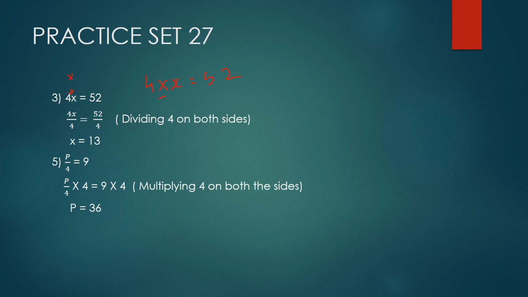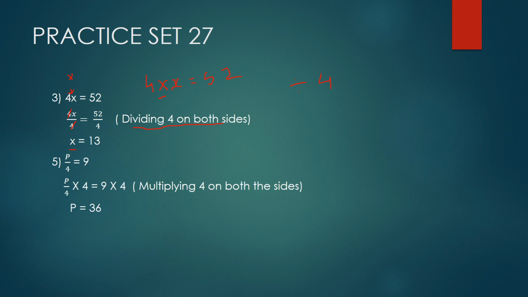So let's see now the way we were doing the previous sum. What is the opposite sign of multiplication? It is division. What is the number beside the sign? It is 4. So what are we going to do? We are going to divide by 4 on both the sides. So division, you all know, is written as upon. So 4x upon 4 is equal to 52 upon 4. As discussed earlier, if the left hand side has to be multiplied, divided, subtracted or added with some number, the same number has to be multiplied, subtracted, divided or added on the right hand side. So here in this case, we are dividing by 4 on both the sides.